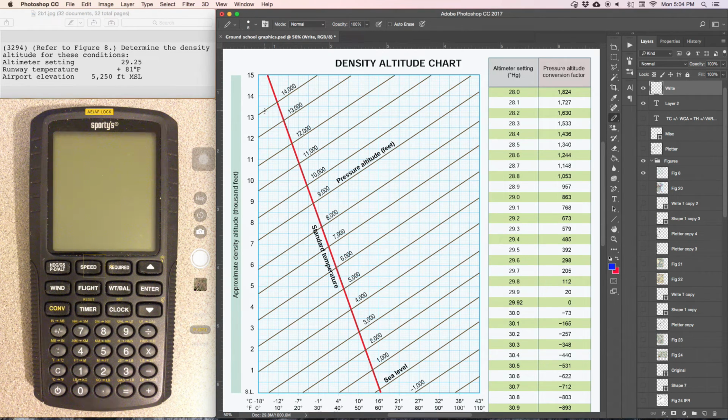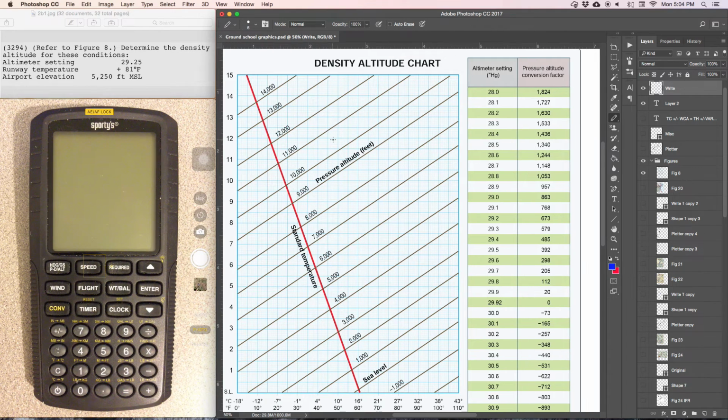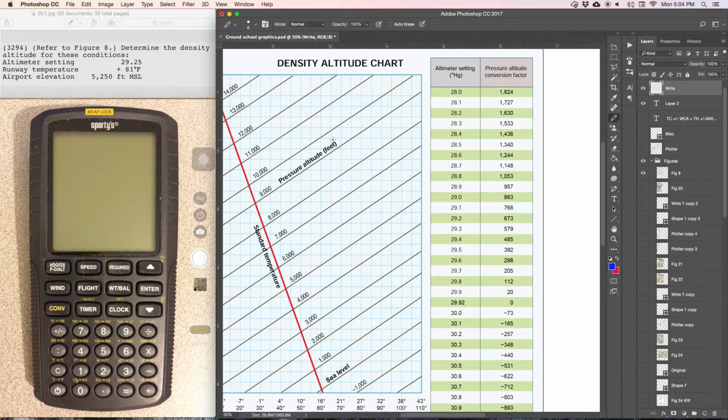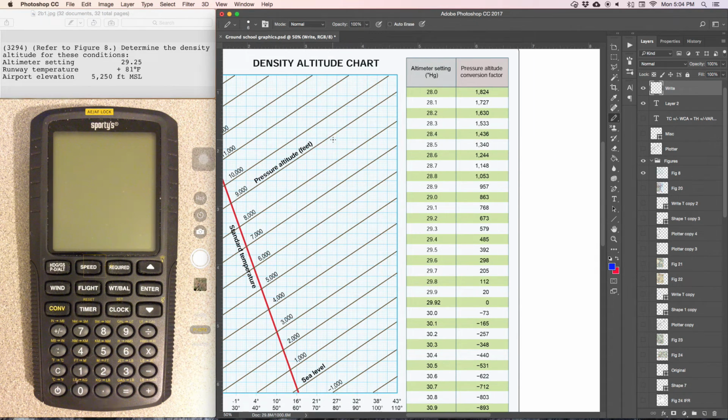Alright, this problem is asking for density altitude, and we're given altimeter setting, temperature, and airport elevation. So I'll show you how to do this using the chart one time, and then we'll show you how to do it using the E6B. So the first thing we have to do is, since we're given